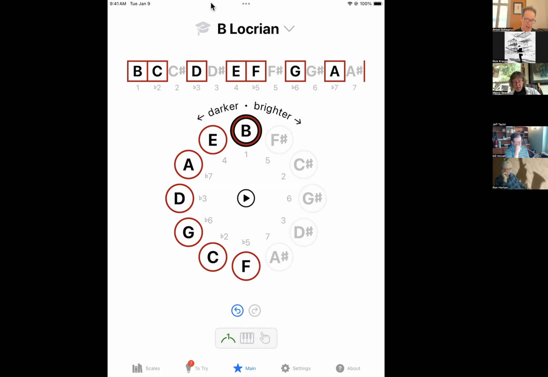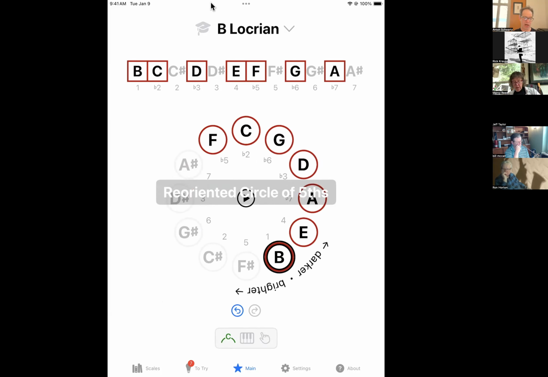But if I hit that button, it reorients the circle of fifths so that C is up top. The advantage of that is that we see it in our usual location with all the notes in their usual place. The disadvantage is that when we had it the other way,